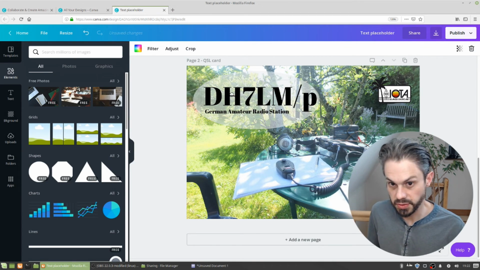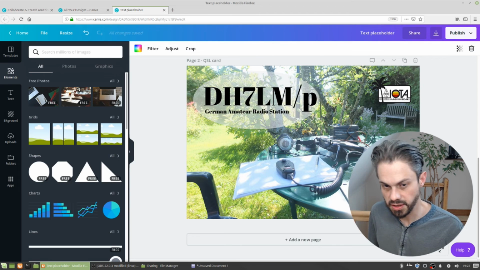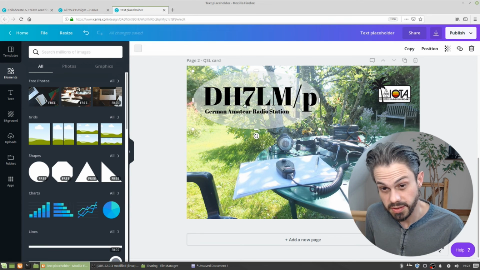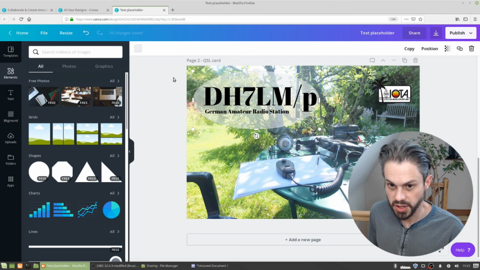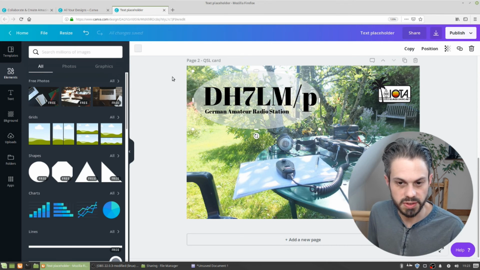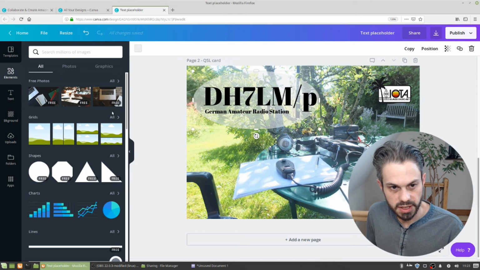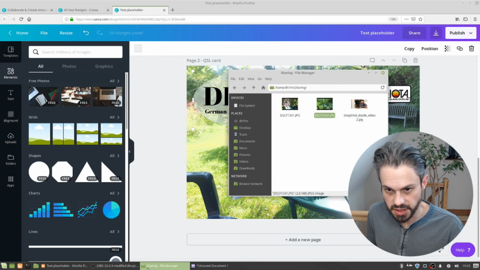Sometimes it can be very useful to have something like this, either a rectangle or a circle or whatever shape suits you, so that you can make it more readable. And yeah, as I said, it's really great to take a snapshot from your portable actions or from your ham radio outings and just use a great photograph. Obviously, you can also combine different photos, right? So let me see what else I have here. I have here a picture